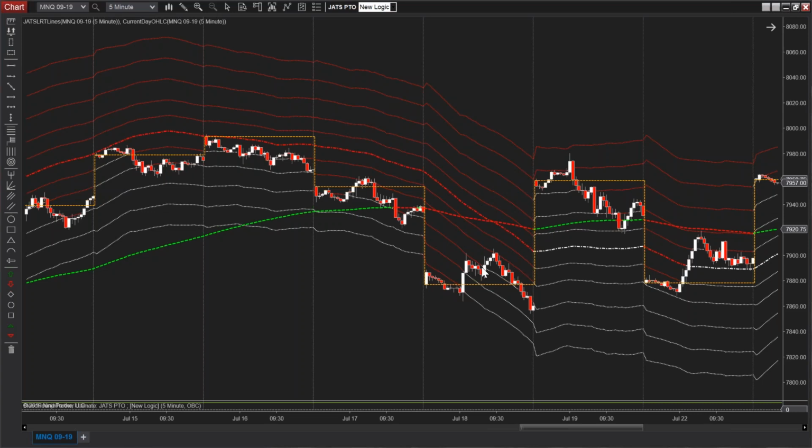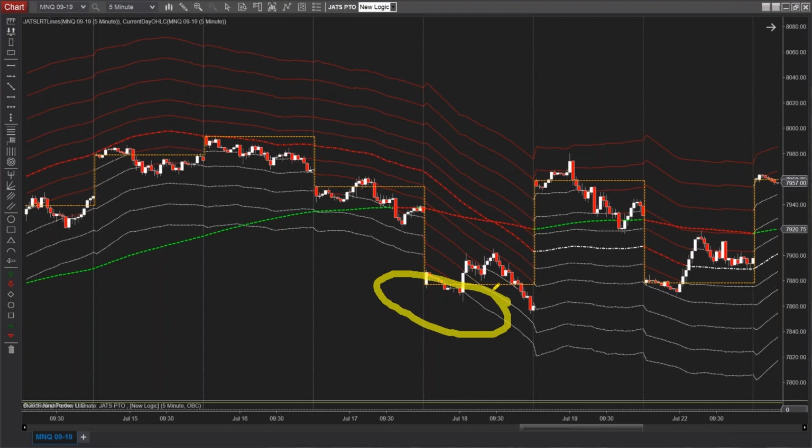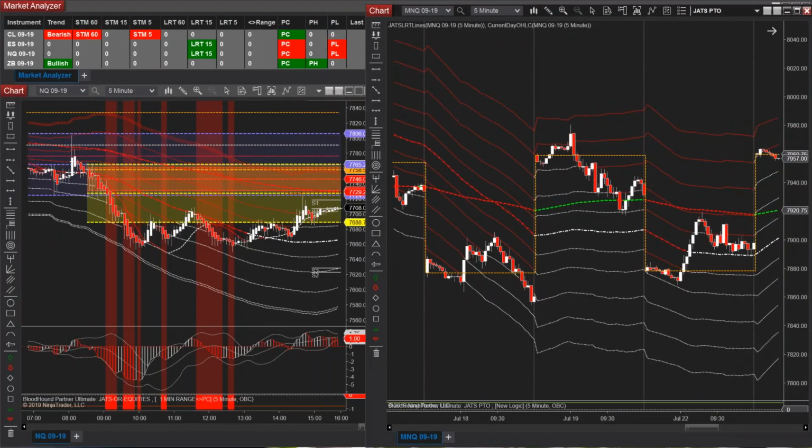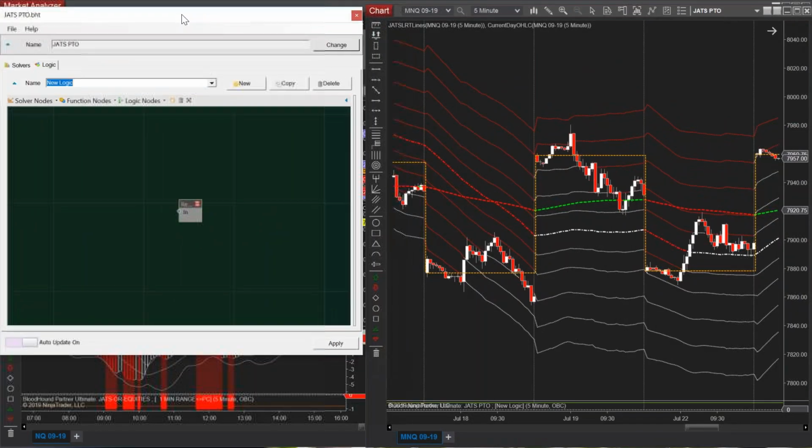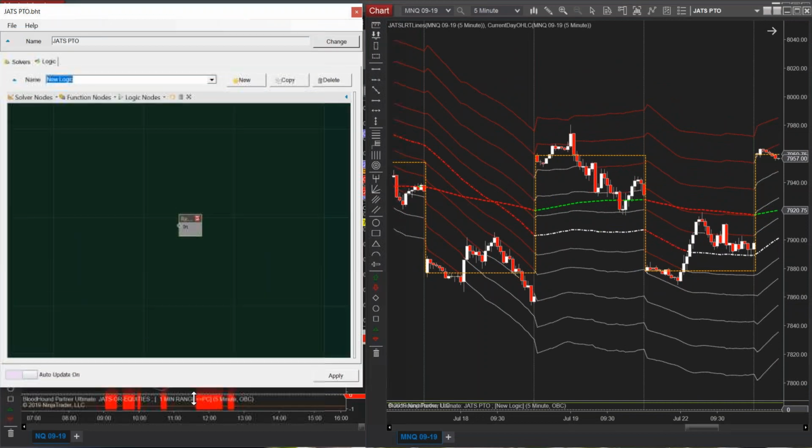So knowing this information, you ask yourself, well, why wouldn't traders just position themselves to trade these upper and lower boundaries? And I'm like, yes, that's exactly a good thing to do, right? If you know the overall premise of where your boundaries are, then you want to take advantage of that on these reversal moves. So the LRT lines indicator is very easy to set up for this. It is just so simple in Bloodhound, which is what I use, and I want to show you that right now. So here is a Bloodhound,